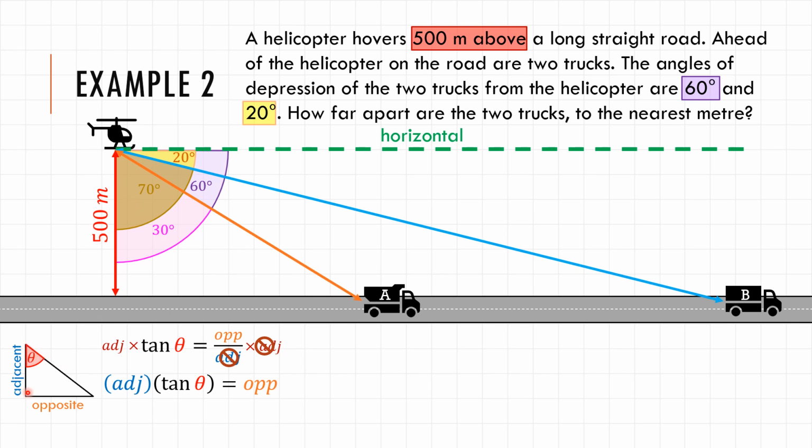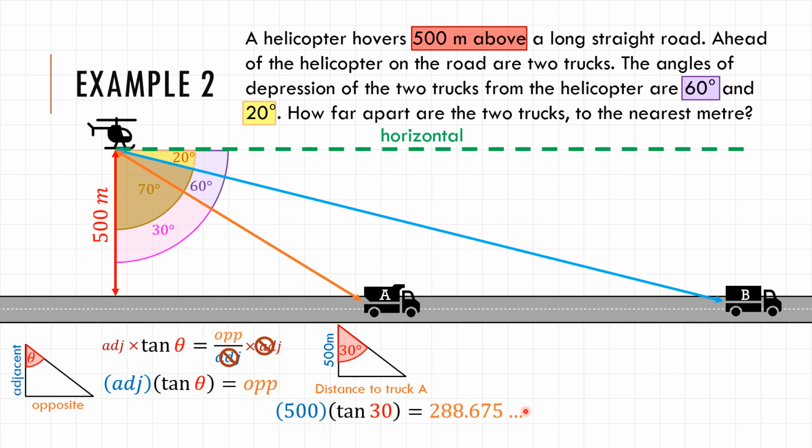I have the same exact type of triangle over here, right? Where the upper angle here is 70 degrees. This side is still 500, that's the adjacent side, and I need to find the opposite length, which is all the way over here. So let's look at this triangle here first. This will tell me the distance to truck A, this distance right here. We know that the upper angle is 30 degrees. This is 500. And so the adjacent side, which is 500, times tan of 30 gives me